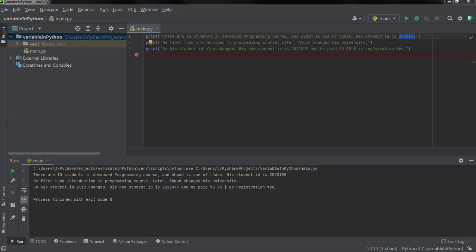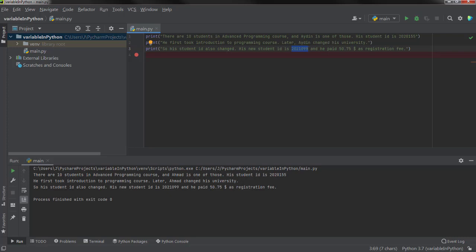So I'm going to have to go through and change the name manually from Ahmed to Aidan at every place inside of this story where it is mentioned. So I'm gonna have to change the name at two places, in the first line and then in the second line also. And if I want to change the roll number as student ID, then I have to do it here and later in the third line. So in order to change the name, I had to manually go and change it in all the places.